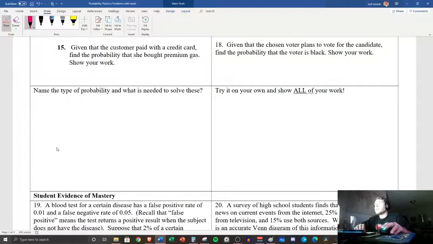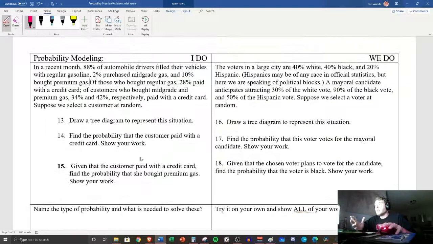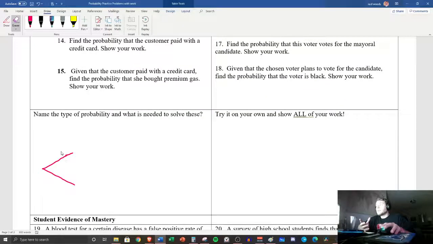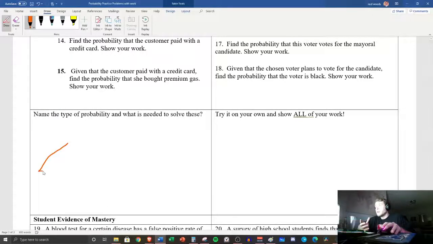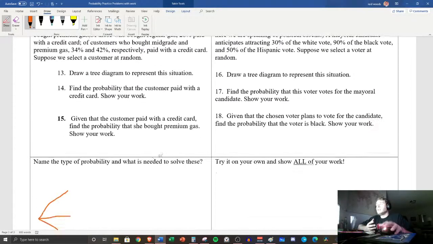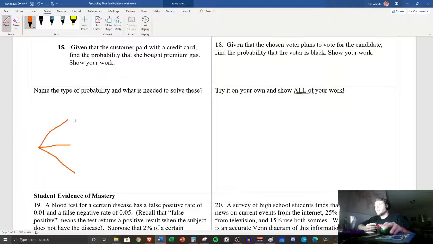So we want to make a tree diagram. When you're building a tree diagram, I want to figure out what event is happening first, or multiple events, which it looks like we have multiple events happening first. The first thing that's happening is they're going to purchase the gasoline type. And there are 3 different types, so a 2-branch chart is not going to work. We want 3 branches here. For the 3 events, we have regular, mid-grade, and premium. So I want R,